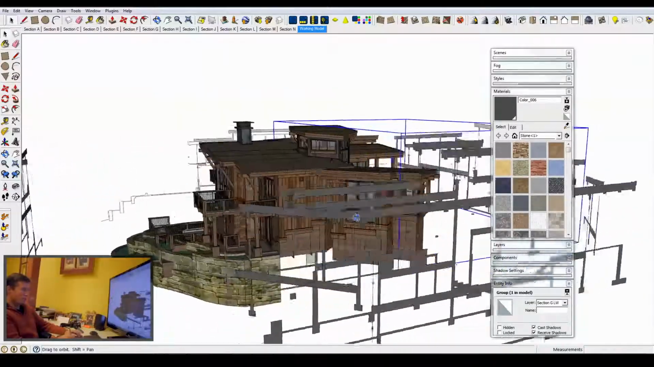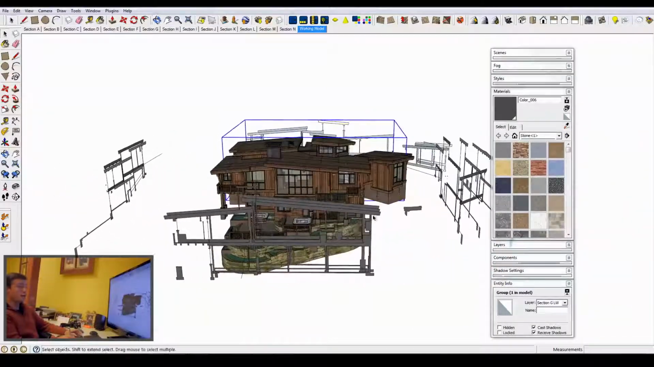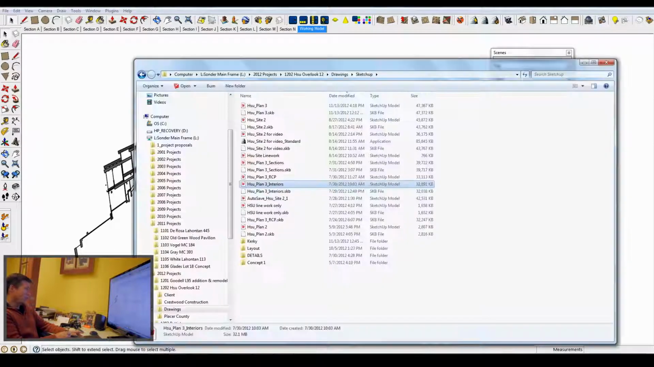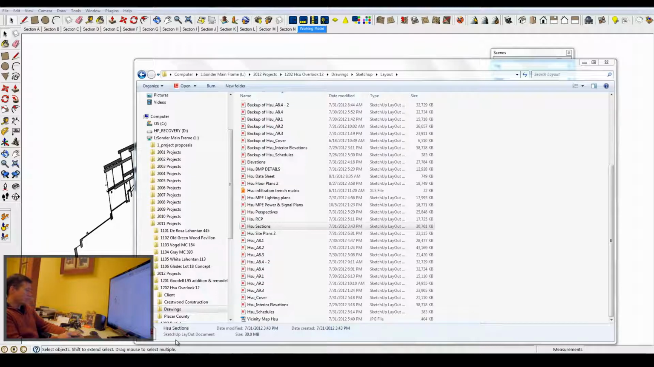But you can see there's lots of information in here that's specific just to sections. So in this file, the only thing that I edit is the line work. I do not touch the model. I only update that reference whenever I edit the main model. That goes for each one of those different drawing files. Now in layout, I will open up the file, specifically, let's open up the sections. While that's opening,